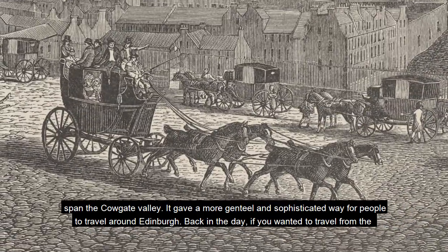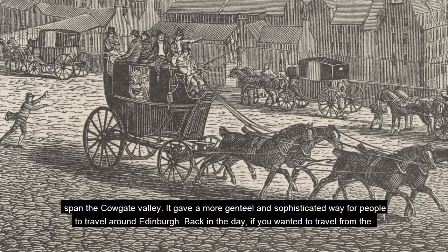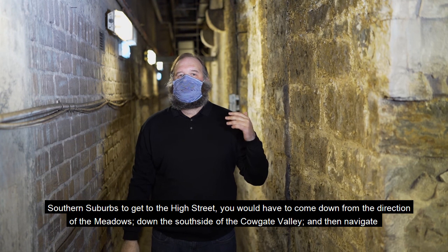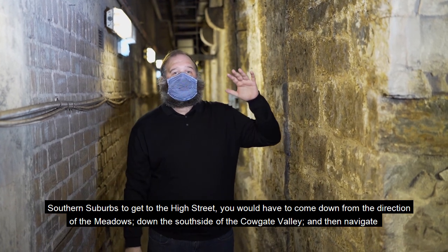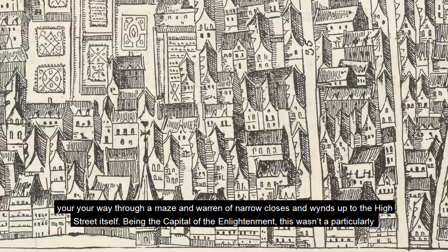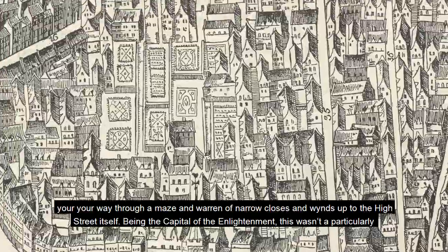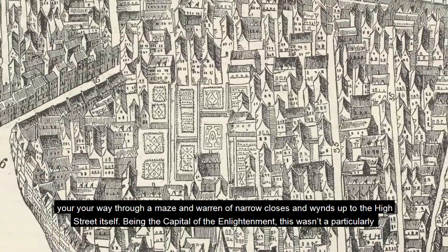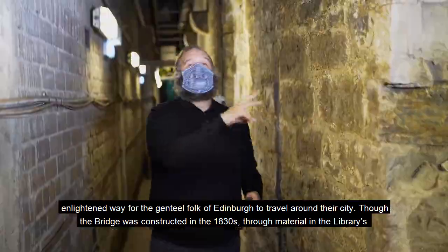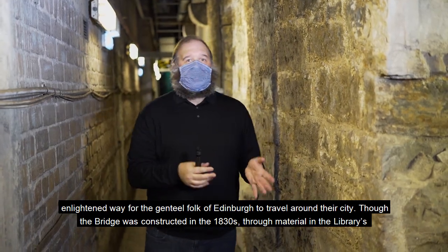It gave a more genteel and sophisticated way for people to be able to travel around Edinburgh. Back in the day, if you wanted to travel from the southern suburbs to get to the old High Street, you would have to come down from the direction of the Meadows, down the south side of the Cowgate Valley, and then navigate your way through a maze and a warren of narrow closes and wynds up to the High Street itself. Being the capital of the Enlightenment, it wasn't a very enlightened way for the genteel folk of Edinburgh to travel around their city. So though the bridge itself was constructed in the 1830s, through material within library collections, we know what was here beforehand